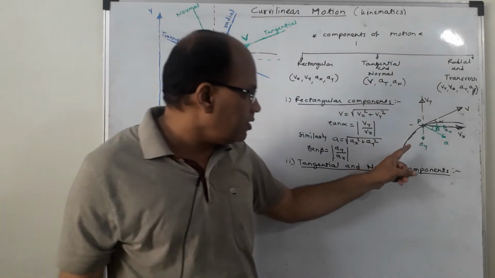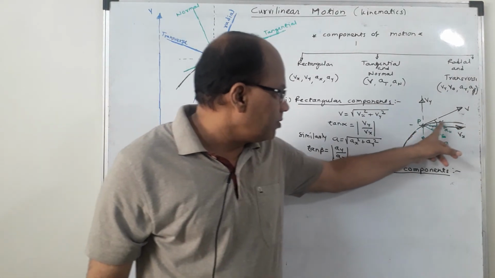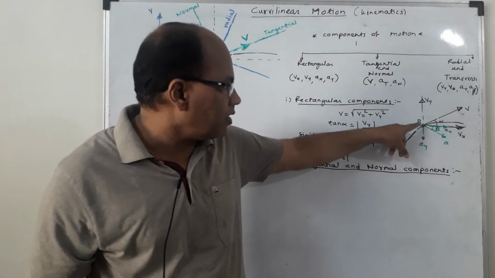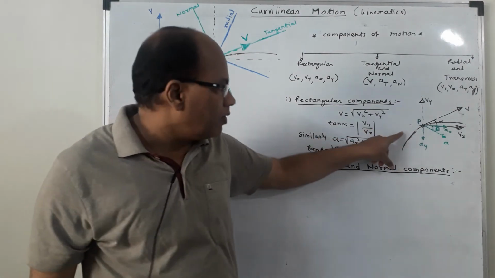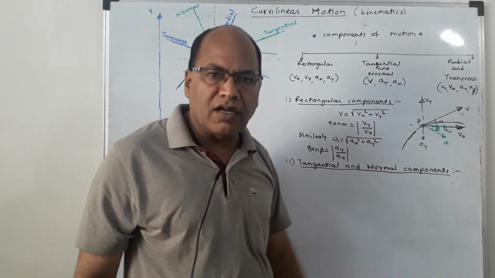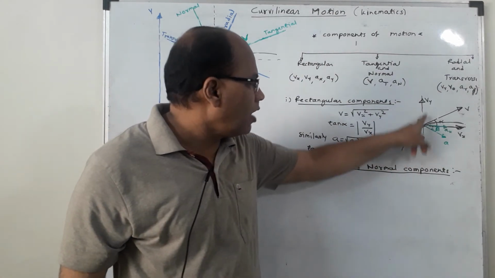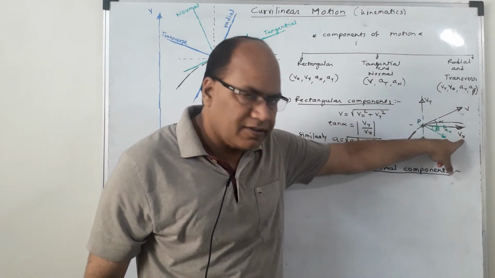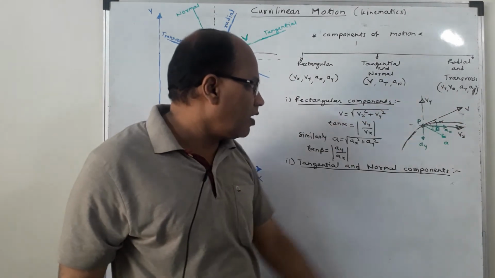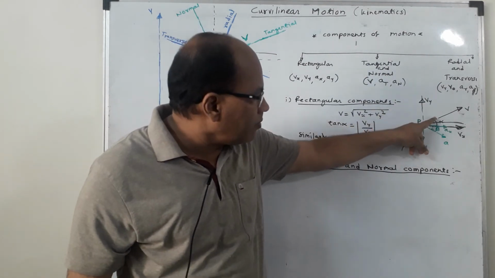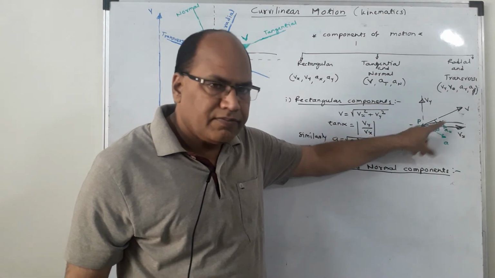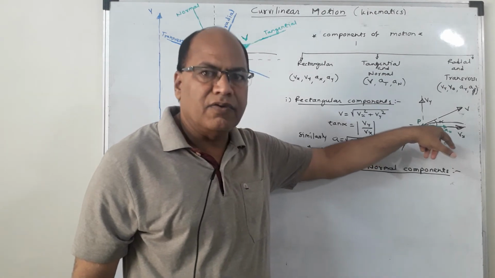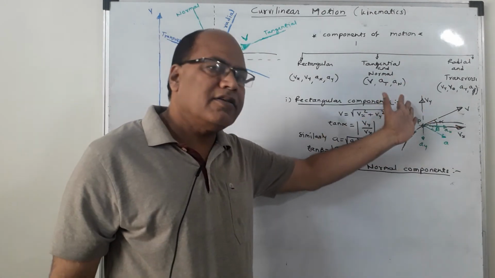Here, suppose this is the curve along which the particle is moving, and at a certain instant, let the position of the particle be P over here. Now, we know that velocity is tangential, so I have shown the velocity along the tangent direction, and at this position I have drawn the y and x axes. If I resolve the velocity along the x direction, let it be Vx, and the component of velocity along the y direction, let it be Vy, and the angle made by V with the x direction is alpha. Then the component of V along the x direction will be V cos alpha, which gives Vx. Similarly, we can get Vy as V sin alpha.